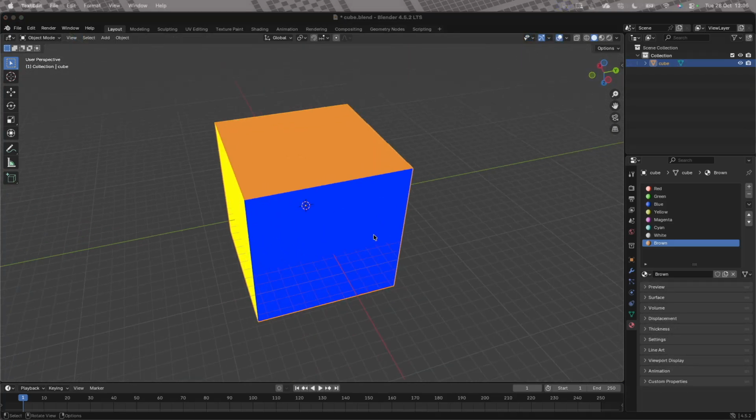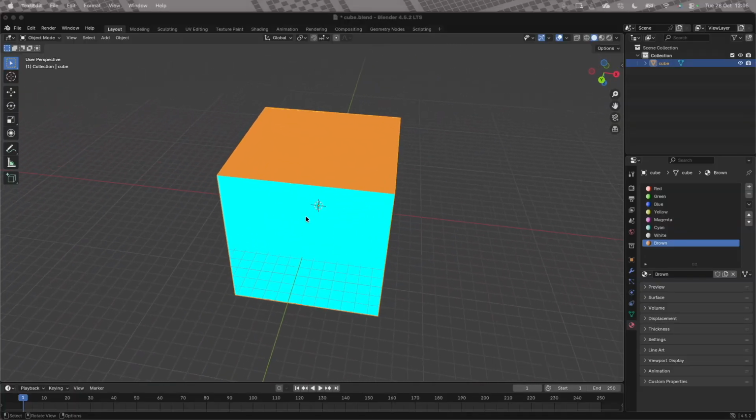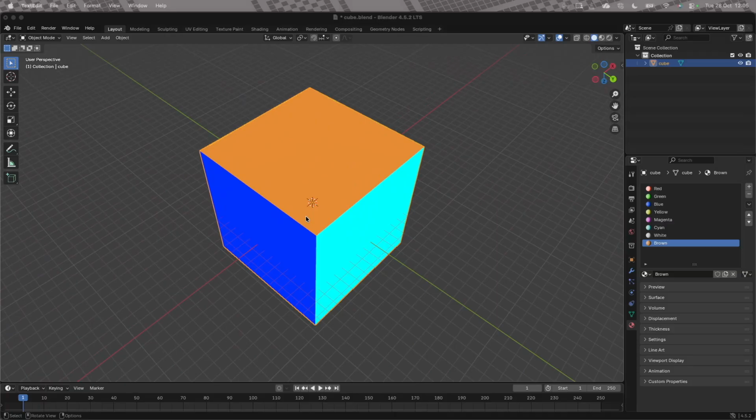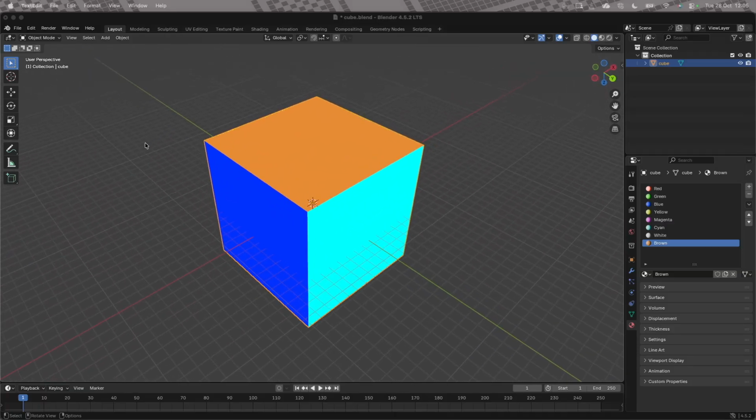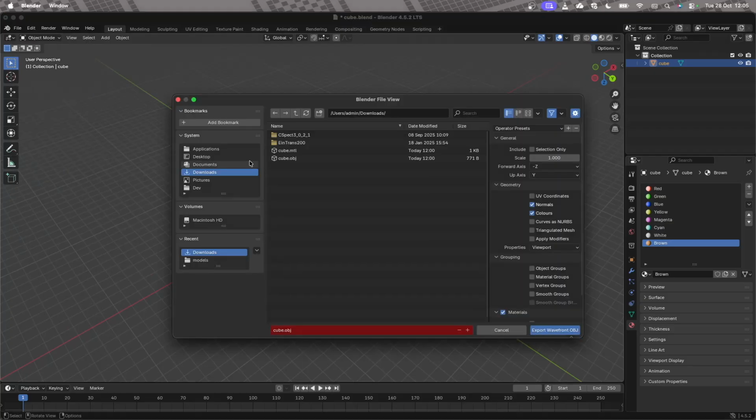So how do we export our model in a format that can be used by the next 3D engine? Well, the first thing we need to do is export it into an intermediary format. And for that, we're going to use the Wavefront format, which is a plain text file. So we're going to click on File, Export, Wavefront. It'll pop up a dialog with some Wavefront specific